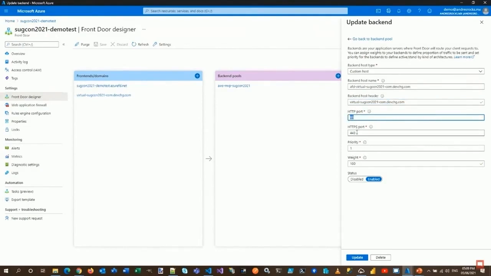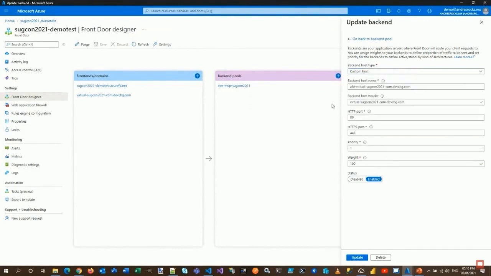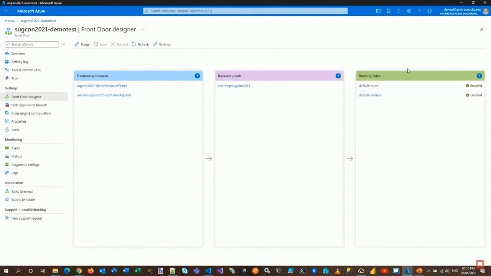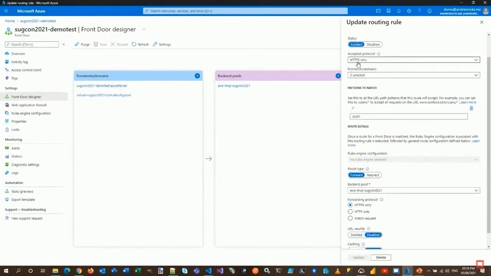I just left the others as default, and you also have the option to set a weight on the traffic. If you want to have multiple backends, you can split traffic. As you can see, I decided to go to custom host, but these are the integrated options you have within Azure. And just touching on the rules, I have a default rule that is set up to accept only